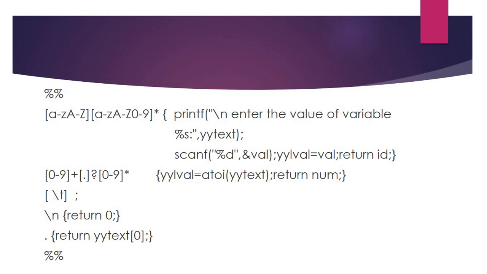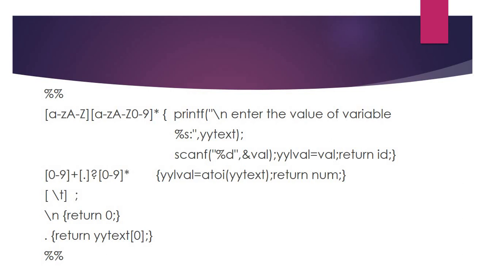And in the rule part we need to define the patterns. To define the patterns, regular expressions will be used. To recognize the identifier, we need to write the pattern: the identifier will begin with a letter and it will be followed by a letter or a digit any number of times. That's why A to Z capital or a to z small is grouped in the class of characters.